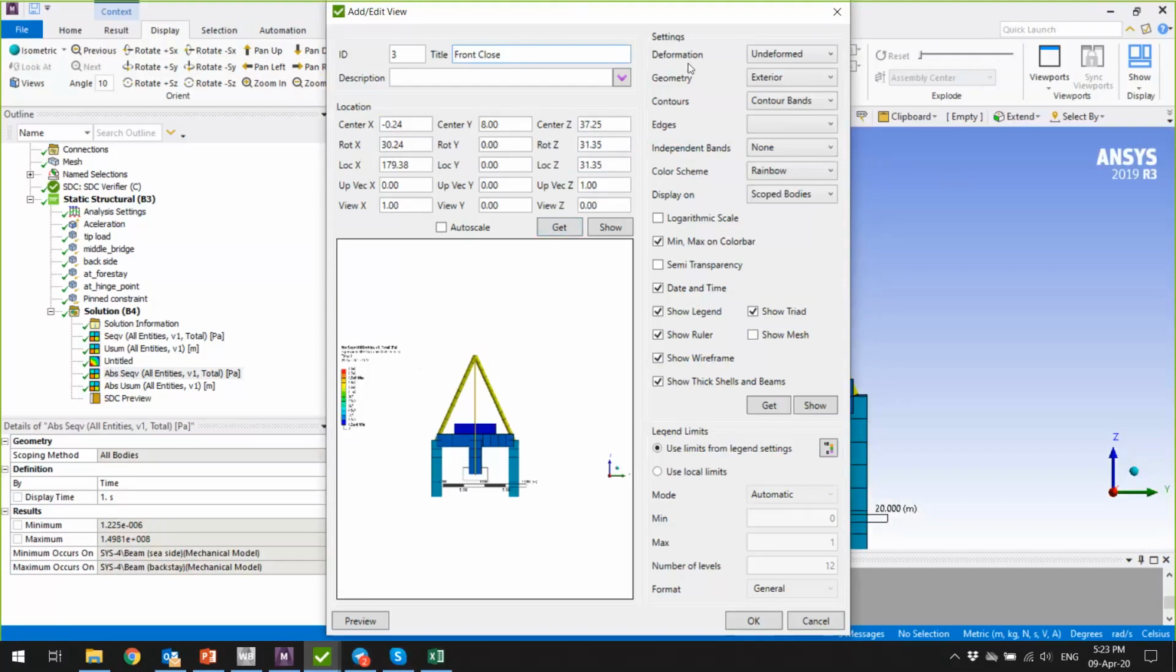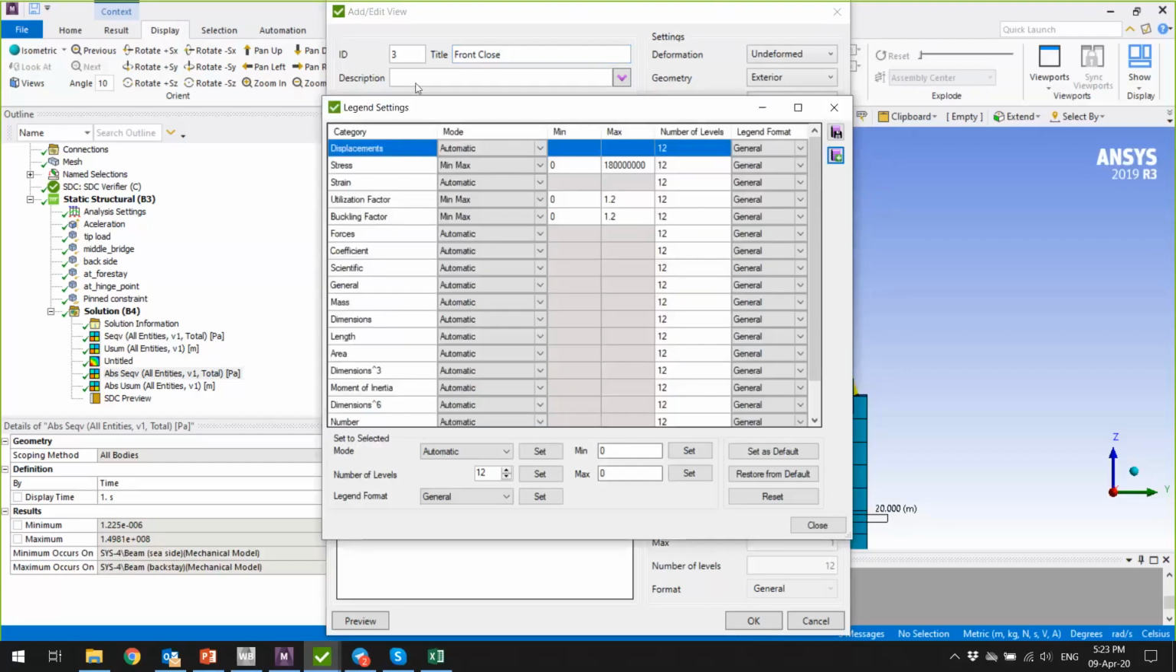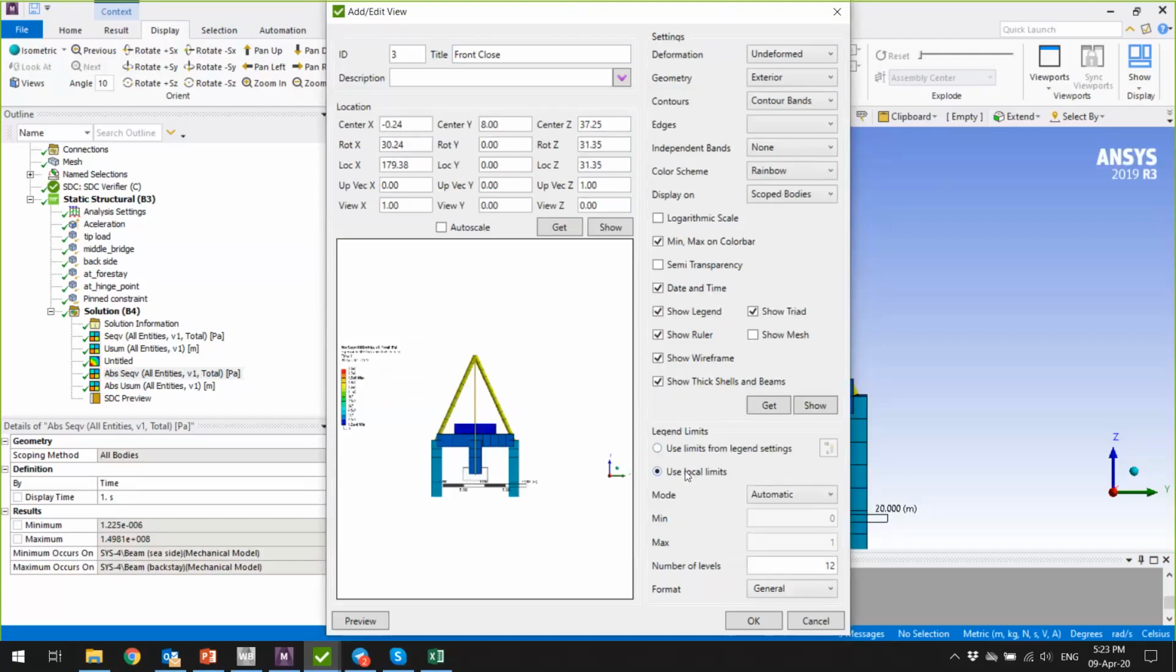Here you also have a possibility to adjust all the options. You want to show ruler, wireframe, you want to show fillet edges, thickness on or off, and so on, and also the limits for the plot. So do you use the legend limits, which is standard for the complete model? It's min-max for most of the categories, but for stresses it's from 0 to 180 megapascals, and for utilization factors it's from 0 till 1.2. So we'll keep it as it is, but also you can use local limits,